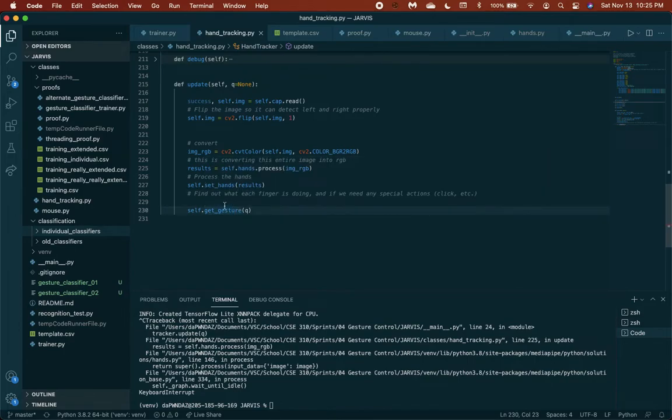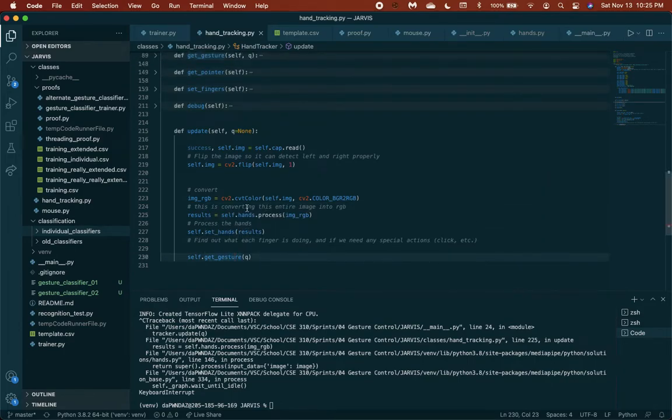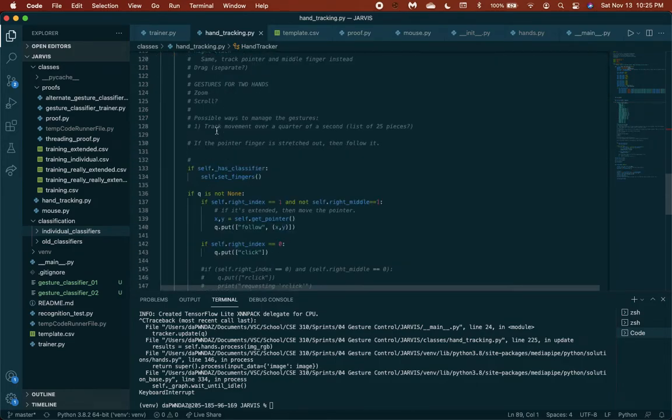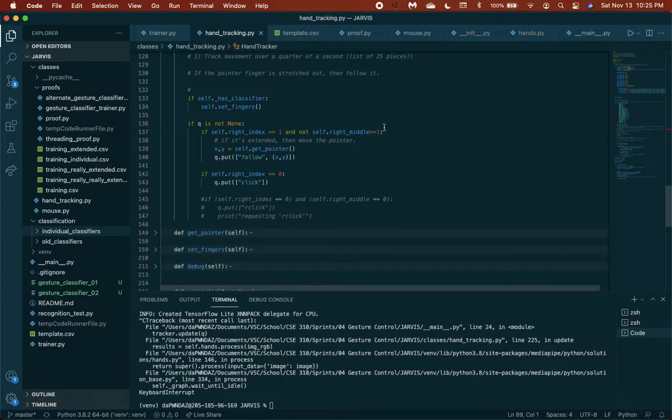It goes through there, and then it passes information and says, "Hey, I think this gesture here," like if it detects that my pointer finger is extended, but not my middle finger because that's the pause button, then it's going to follow. It's going to put in follow and coordinates, and then over in the mouse, let's go look at the